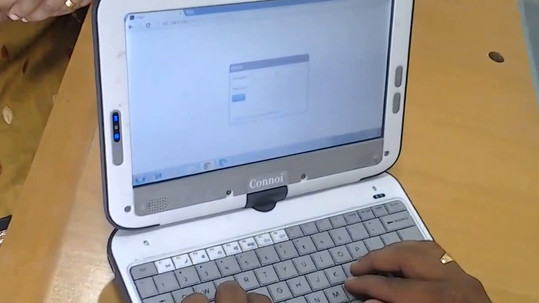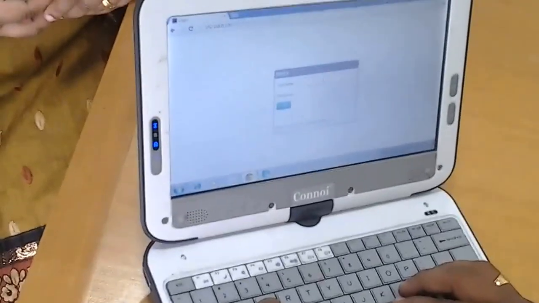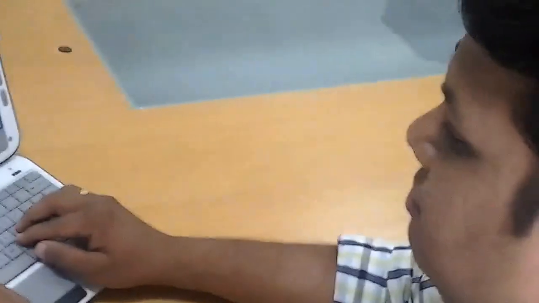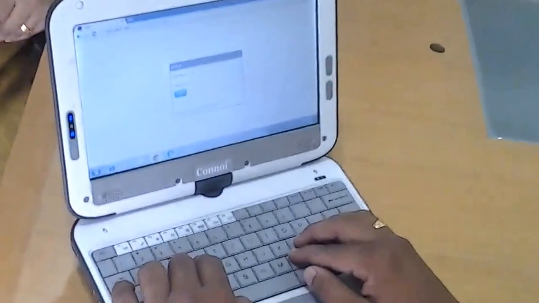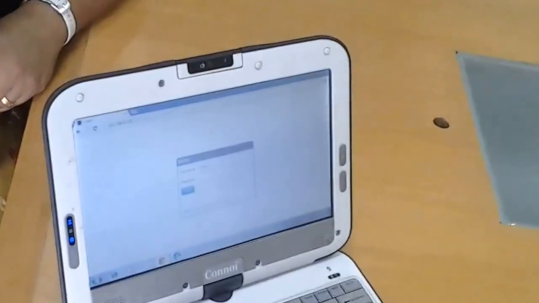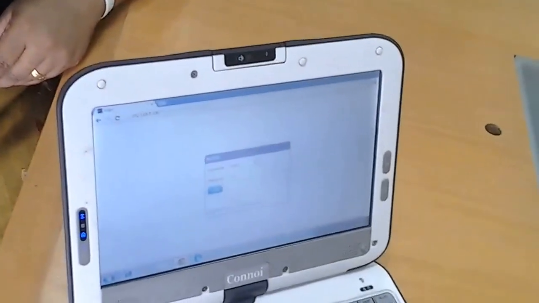So today we are going to conduct a mock for a health camp. For that purpose, we'll be doing enumeration, sample enumeration. We have our surveyor Senthil, who is doing enumeration for one of the households. This is the enumeration application, and he's logging in.